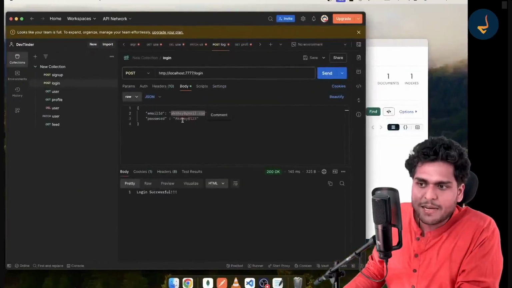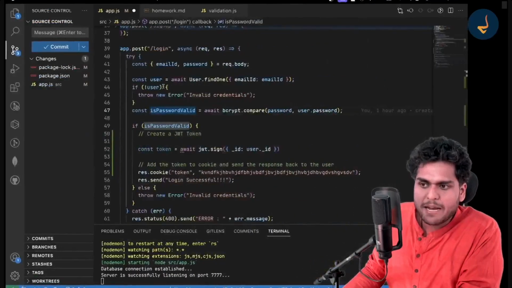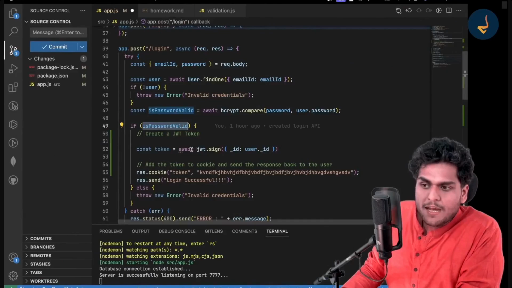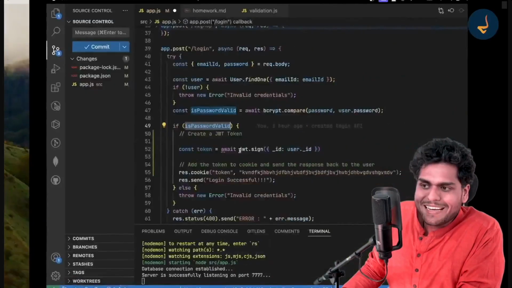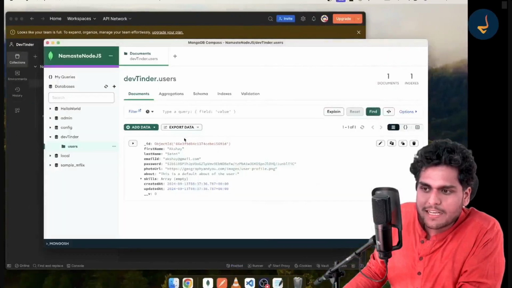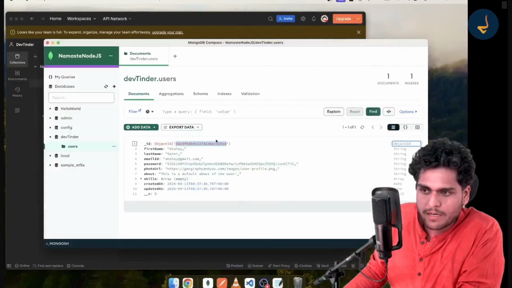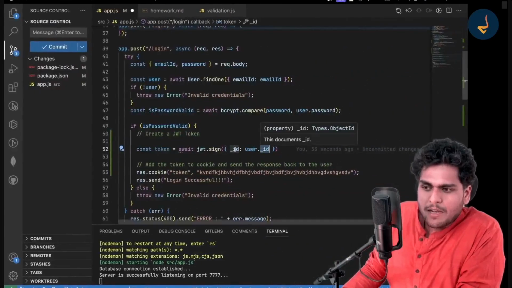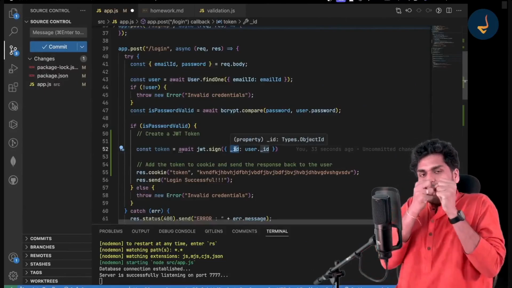If my email ID is validated and the password is validated, I will now get this user._id. What is this user._id? This object ID over here. This is my user._id. I am hiding this information inside this token,